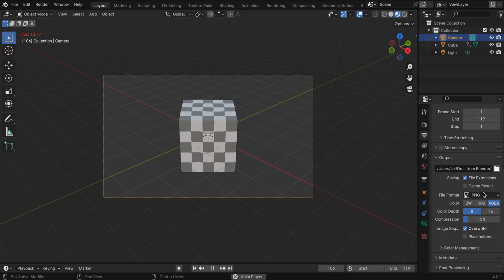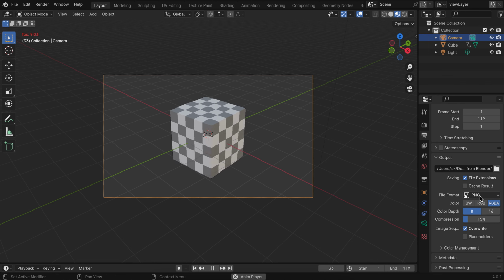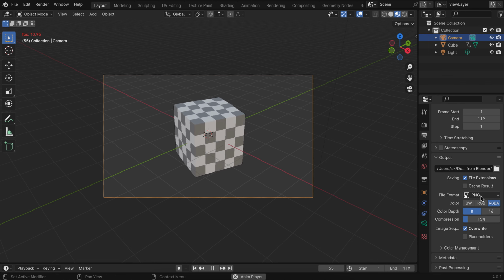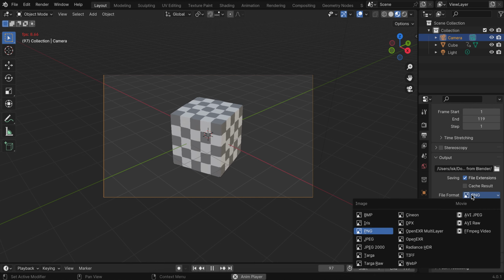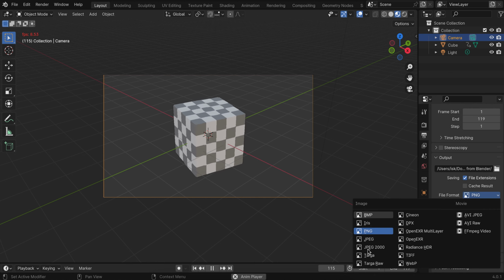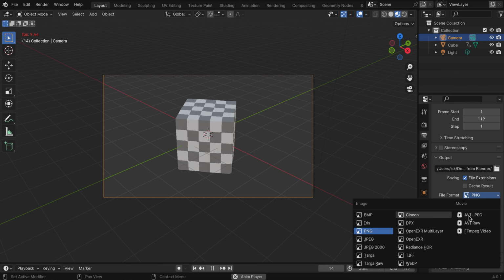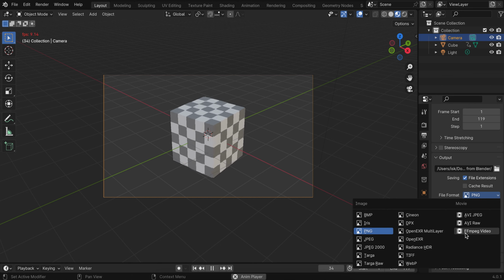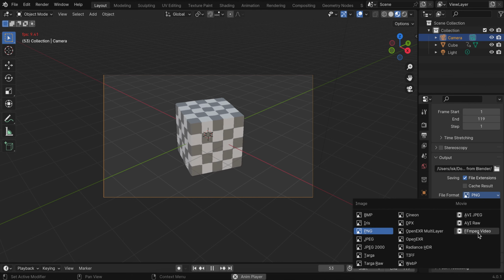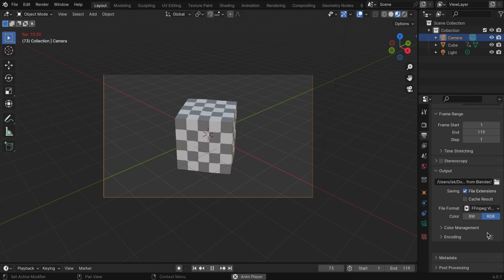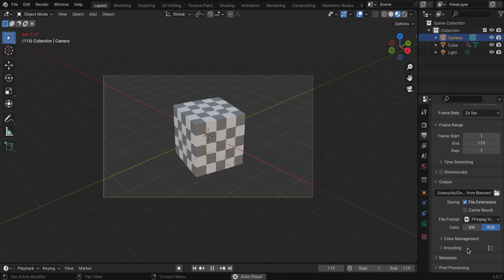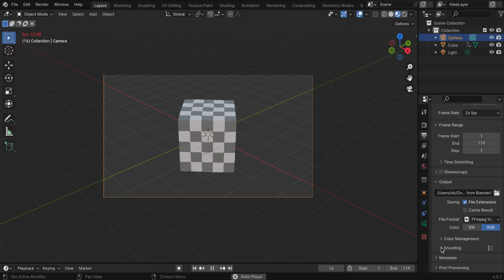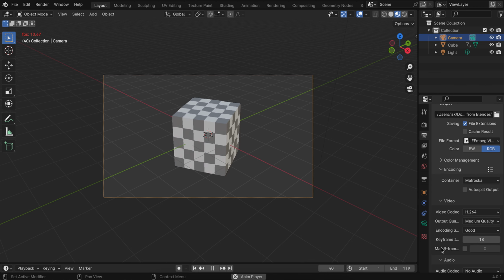But right now it's set to save the video as a series of many pictures. That's not what I want. So instead of this, I'm going to click on the PNG. PNG is picture, and you can see all of these are images here. On the right side it says movies. Please use the FFmpeg video. If you click on that and then scroll down to encoding, you can open this up,